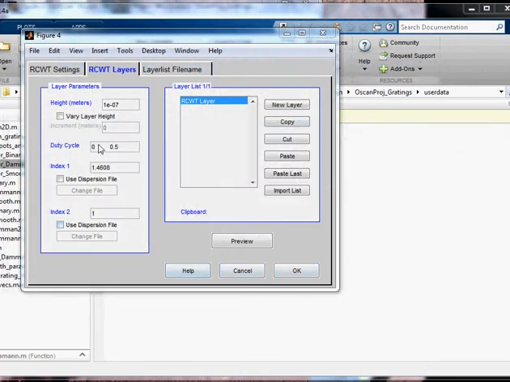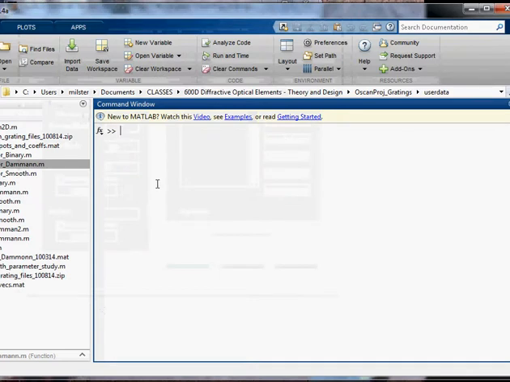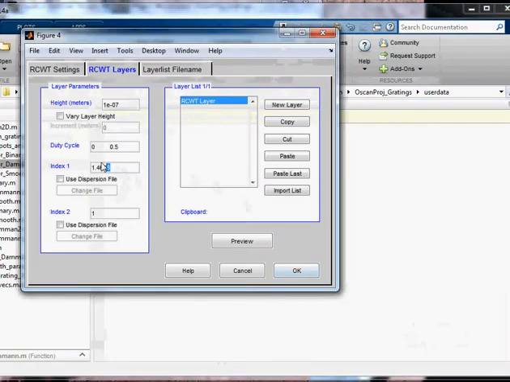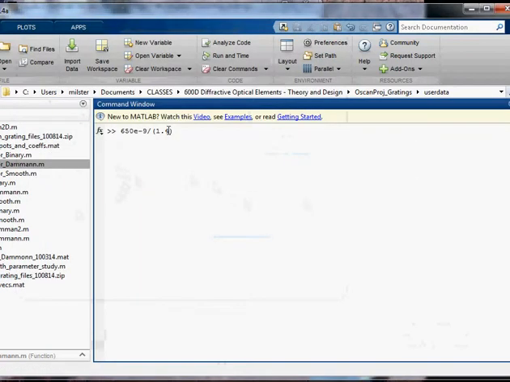So what height do we need? Let's go to the workspace, to the command window here. So the height that we need would be the wavelength, 650e-9, divided by n minus 1, and n is 1.4608, minus 1. Now that's for one wave of OPD, but if we want 1/4 of a wave OPD, then each layer would be 352.6 nanometers. So we'll just copy that right in there